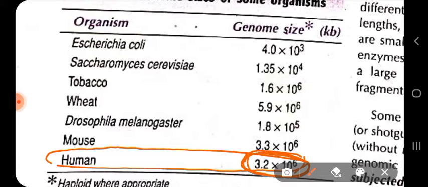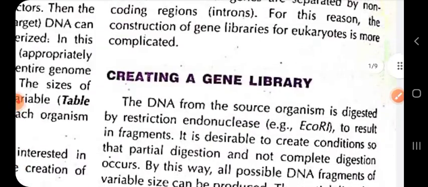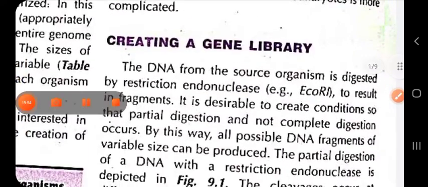And how so many proteins can be prepared from that 5% of DNA is due to exon shuffling, or what we call RNA shuffling, where the exons are joined in different combinations to form different sorts of mature mRNA that will give rise to different translated protein products. Okay, so that's not the topic today. We are now going to see how a gene library is created. Okay, so let's get started.